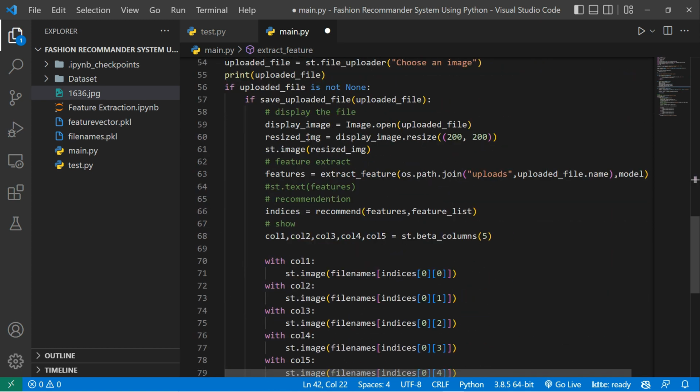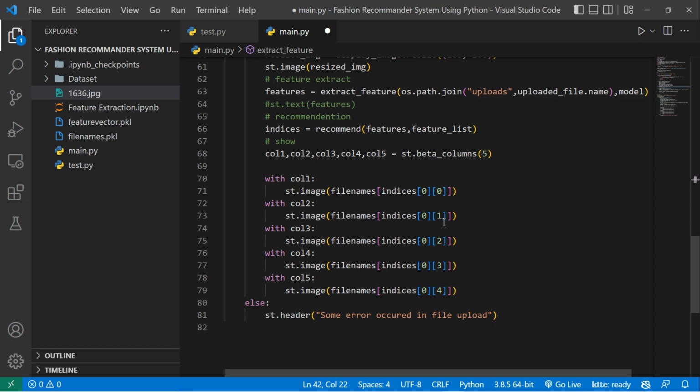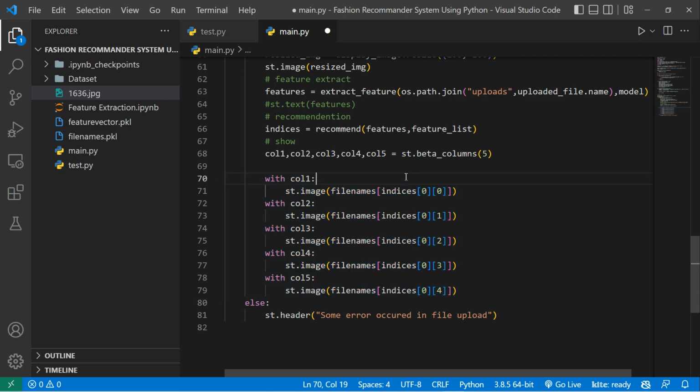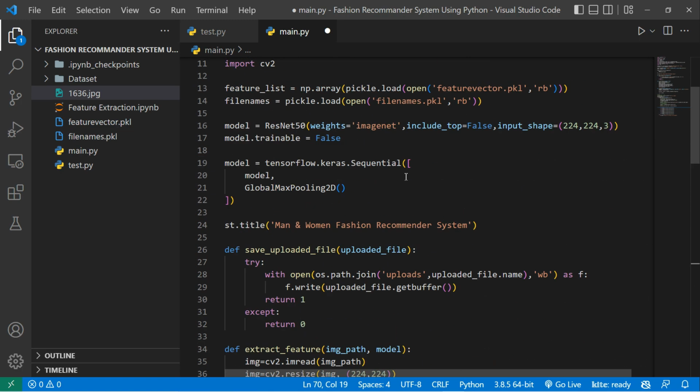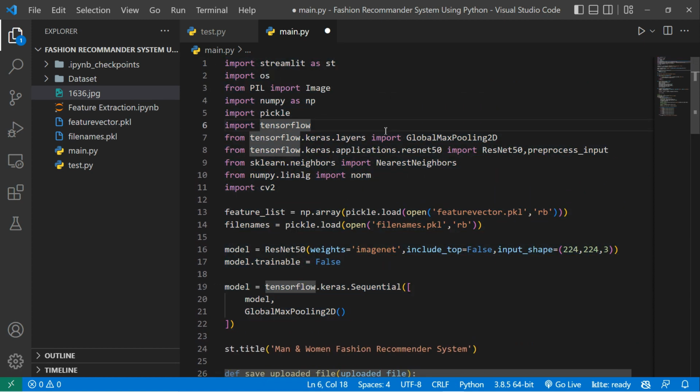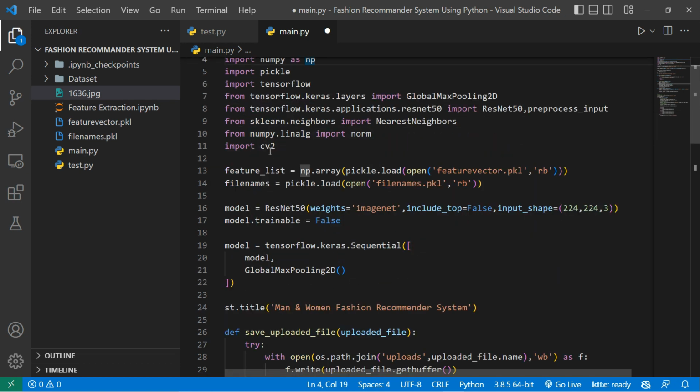And this is the code for testing our images, and the code for the recommendation of the 5 images that it shows in our web application. So let's discuss that. This is easy. So import all the things here. We import pickle, TensorFlow, NumPy, and also the GlobalMaxPool2D and ResNet50, and also import here